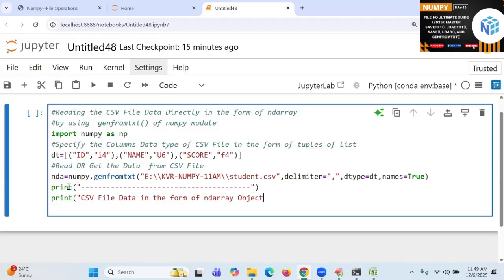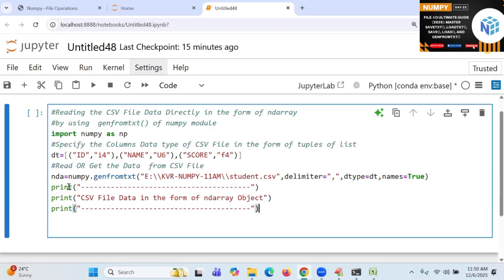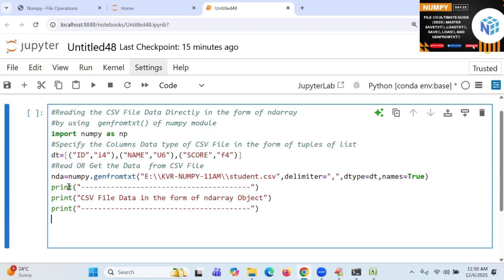ND array contains CSV data in the form of what? Already you know. First record is one list, second record is another list. All the entries are considered as list in list.